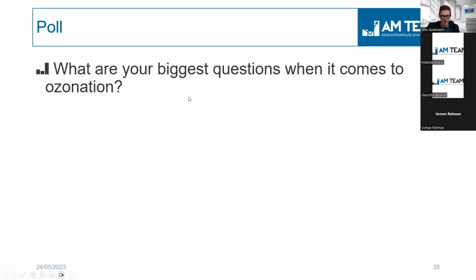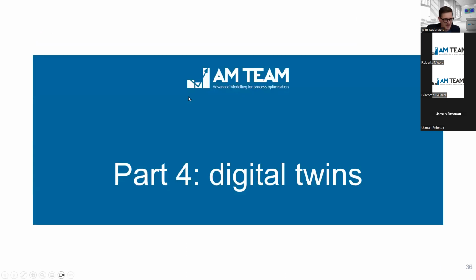Perfect. So let's continue with part number 4, the digital twins. This means using a model. We actually use the same model as we use in the virtual piloting and virtual process design. Now we recycle the model, transform it a little bit into a fast version to be used in the operational stage for smart operation. So this is the topic of digital twins.